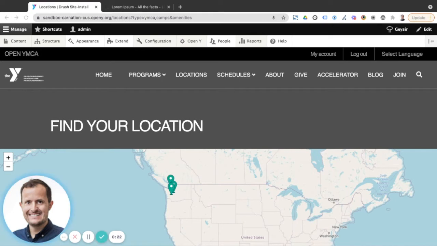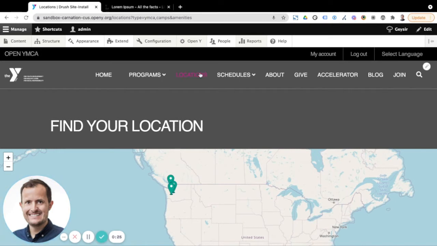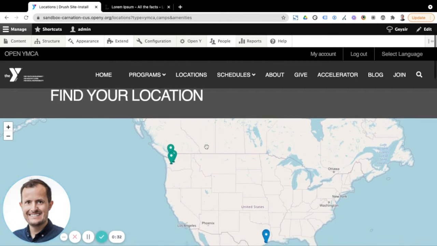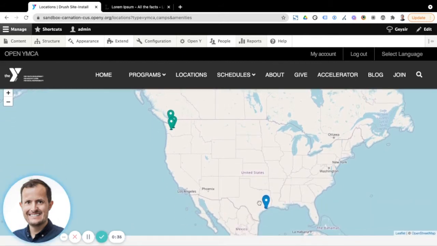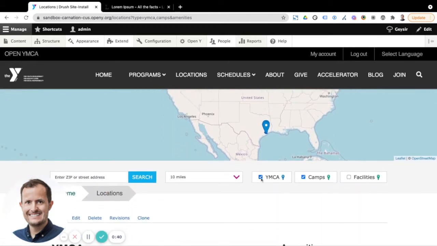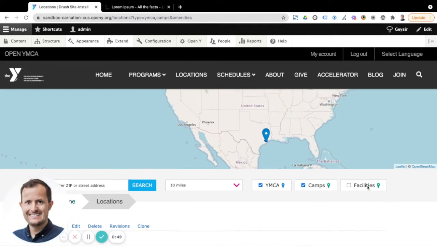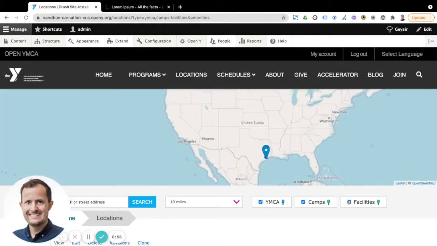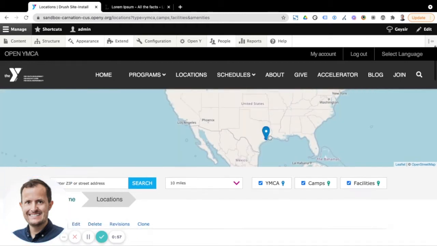So just to start off with, I'm starting in the main locations page of this demo version of OpenWhy. And this is a very common page that you'll see in most OpenWhy sites, where you'll have a map which represents all the locations that have been added for this particular association. You'll have different types of locations. So in this case, we have YMCA, which is representing the branches, some camps, and also facilities. You'll see as I toggle these filters, it's going to change what's displayed on the map depending on what's been